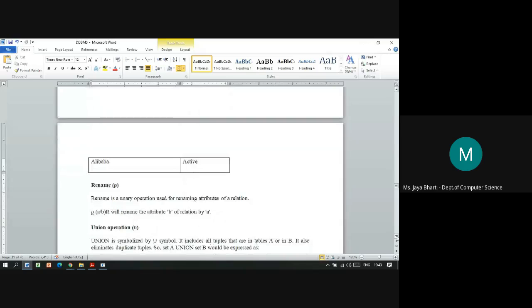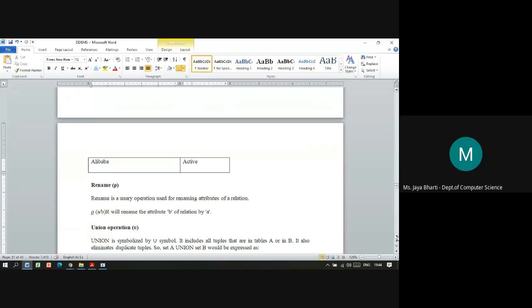Then the third one is the rename. Now what is rename? Renaming of attributes of a relation. Suppose a column name is long and you have to write it in a query more than one time.